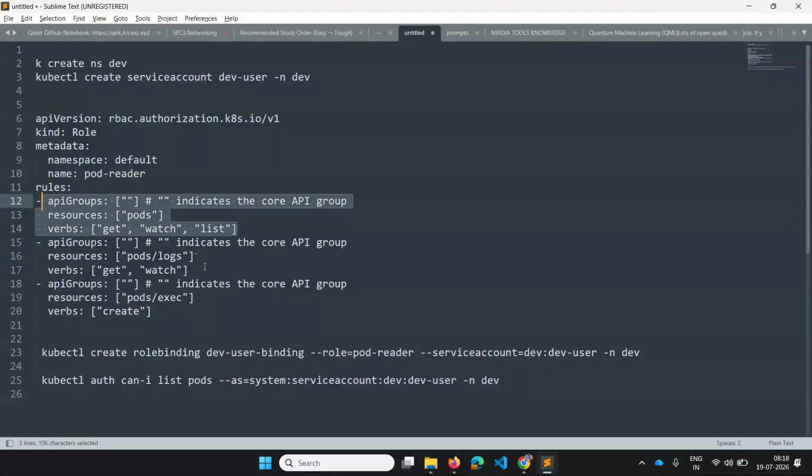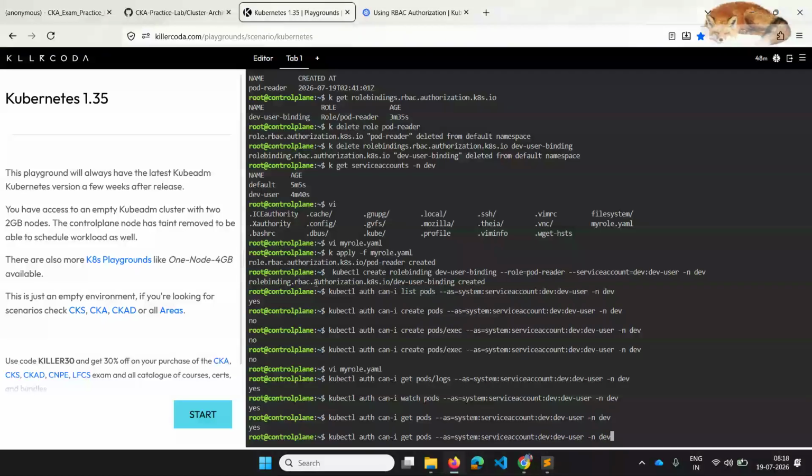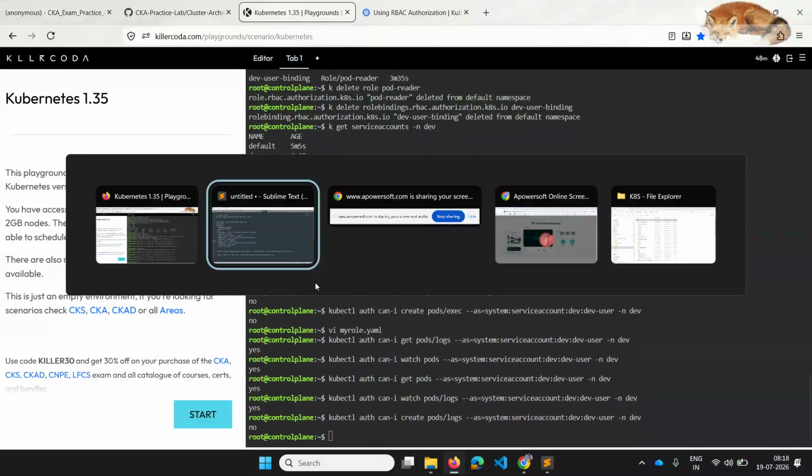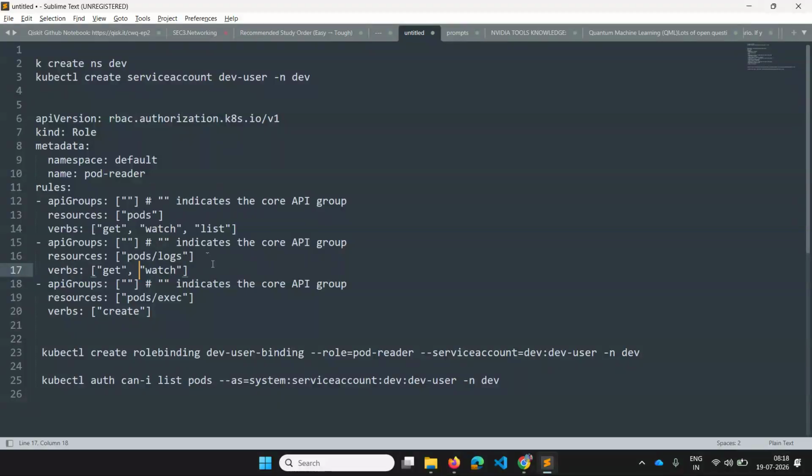We have tested get on pods logs. We'll see watch on pods logs, yes, but if I use create on pods logs, I should get no. Yes, so we are good until here.